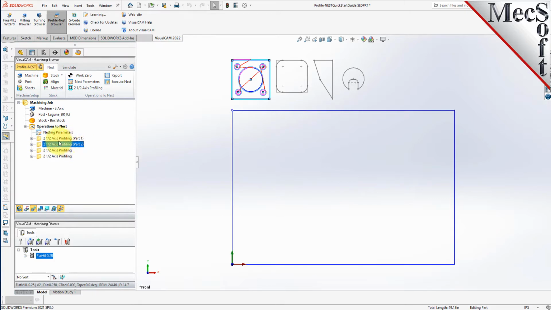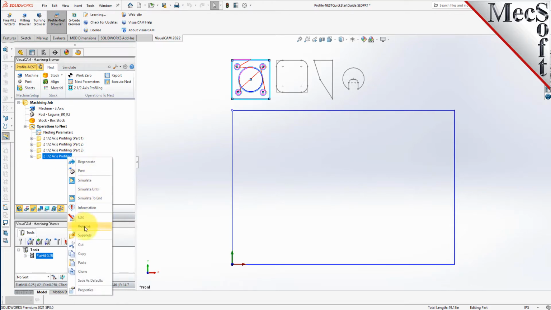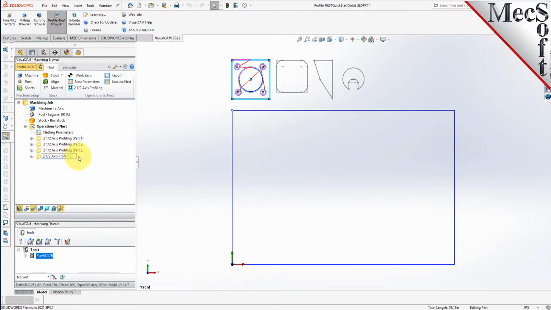We'll call this one part 3. And also you can select it and right click and do a rename to do that way if you want. Part 4. Okay, so we got 4 operations. Right now they're all on the same part, but what we're going to do is we're going to edit them,